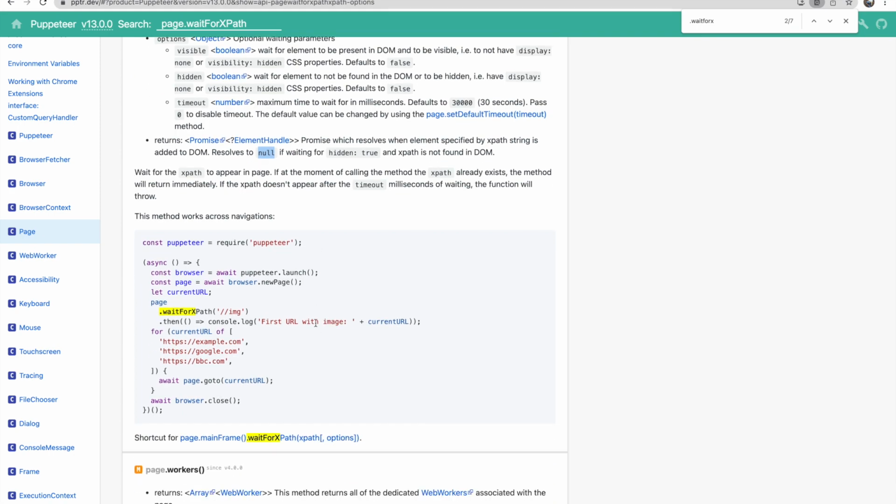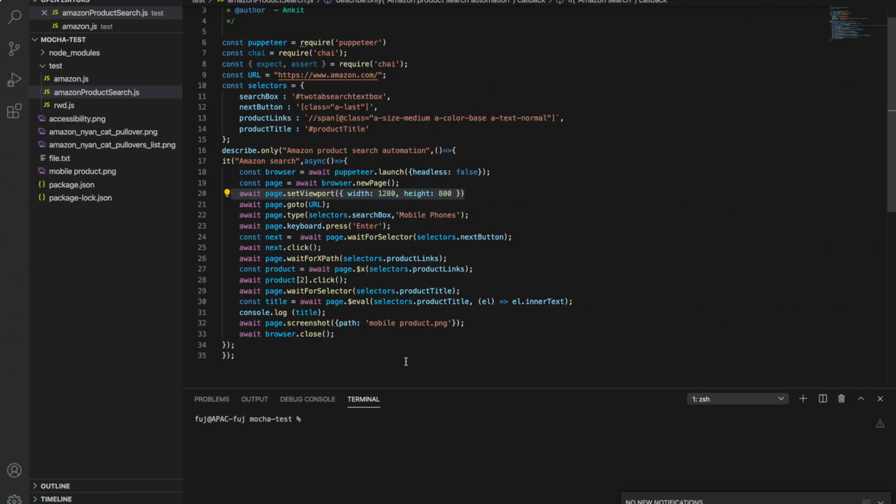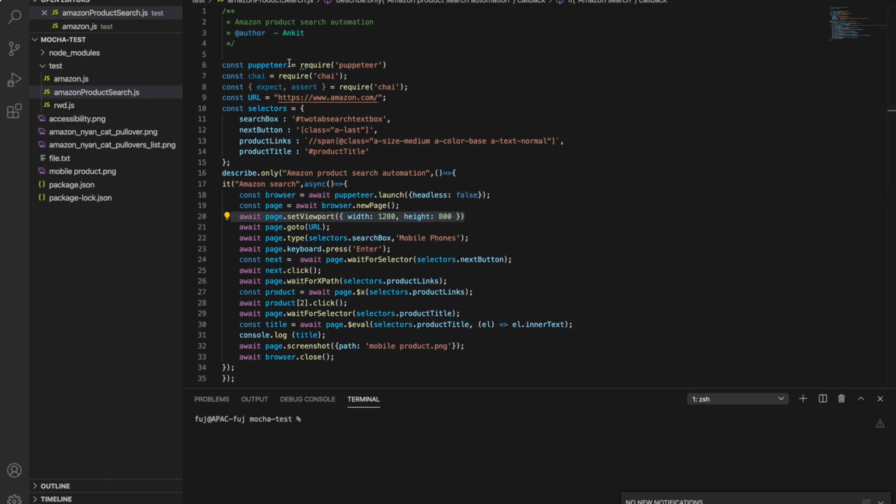So let's see in the code how we have used that. Once you go to our previous example of Amazon product search that we already used, here I have used one XPath because it was not possible with the CSS selector.